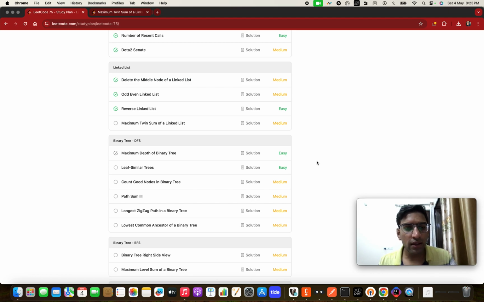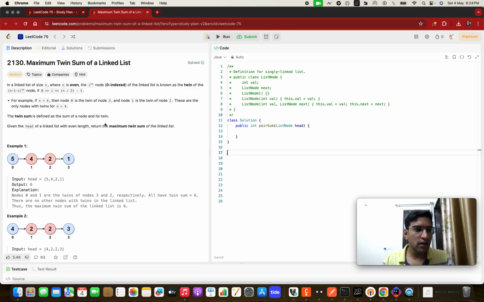The LeetCode coding challenge, and today we are going to solve our next problem statement: Maximum Twin Sum of a Linked List. Let's start. In a linked list of size n, where n is even, the ith node (0-indexed) of the